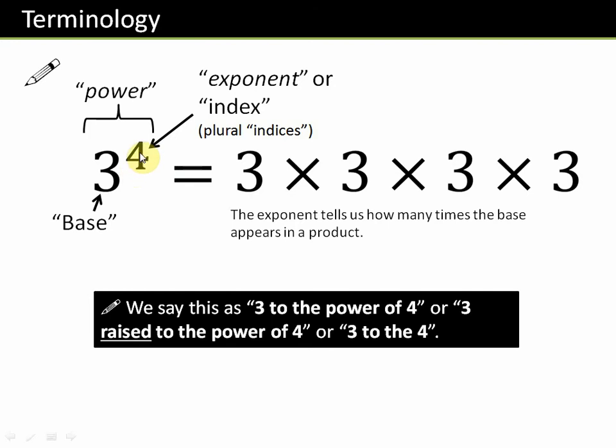There are two types of script. This is the superscript, and if we write the 4 lower down, it's called a subscript. So it is the index and the exponent of the power of the base 3. So 3 to the power 4 means here we have 3 four times: 1 time, 2 times, 3 times and 4 times. So the total number of 3's is 4. This is the general introduction of the index form, the terminology, how to read it, what the base means, what the power means, and the overall introduction of the laws of indices.